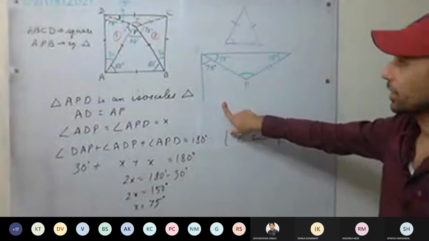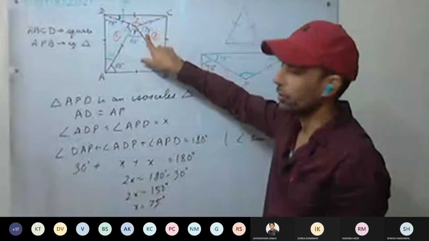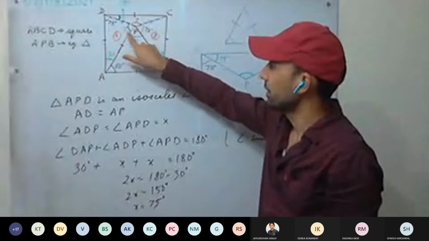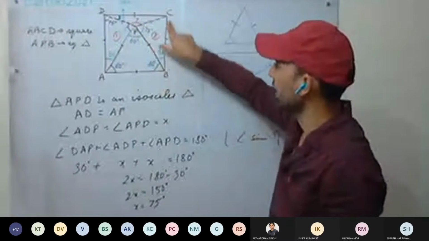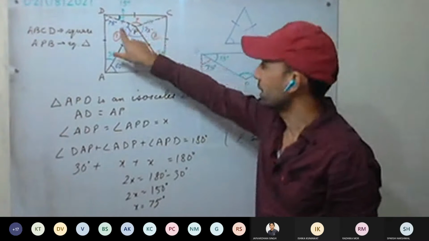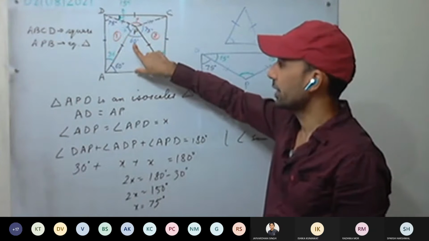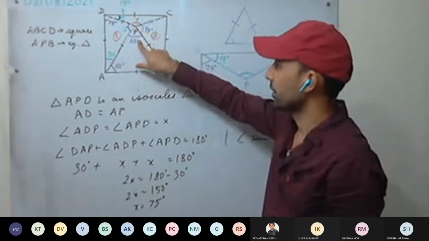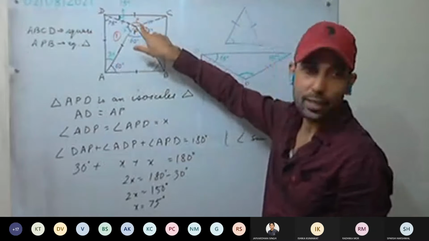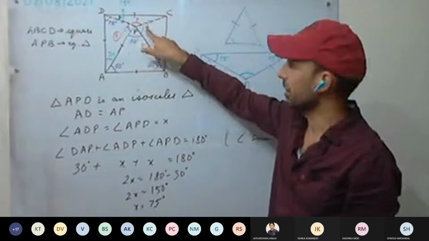Or the second way, how? This angle is 75 degree, this angle will be 75 degree as well by CPCTC. Or you can calculate this in an isosceles triangle, or by CPCTC we can go forward, right? This angle is already 60 degree, equilateral triangle. So the remaining angle you can calculate. The sum of the angles around a point is 360 degree.